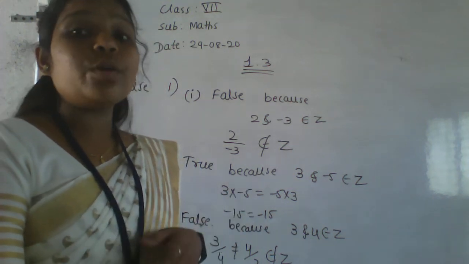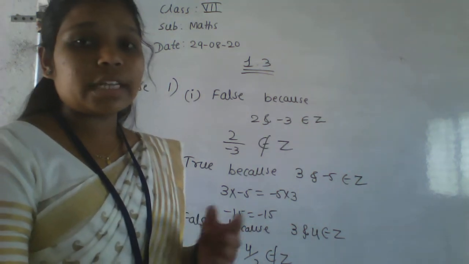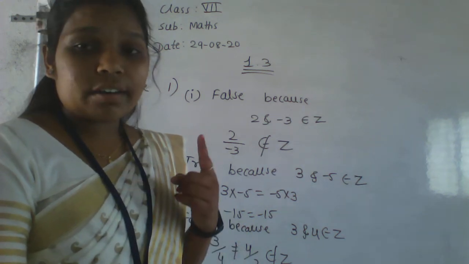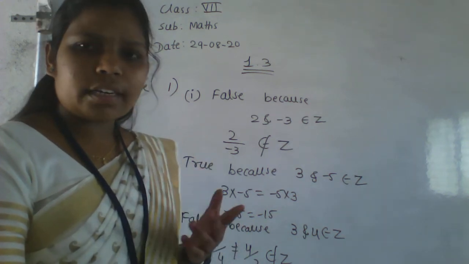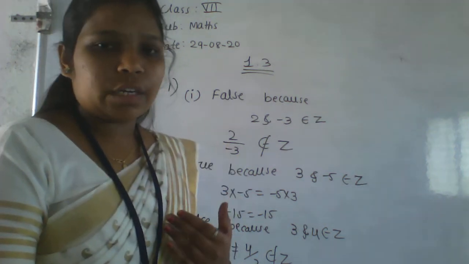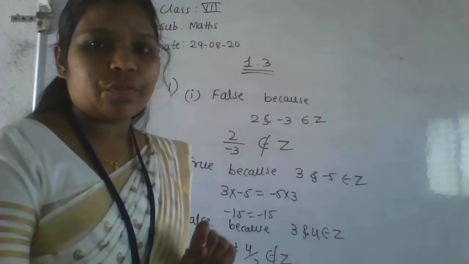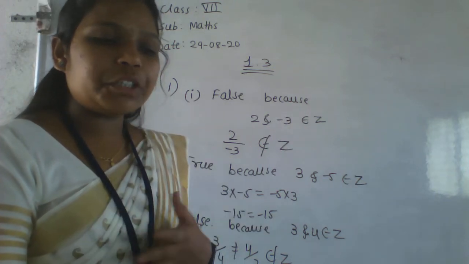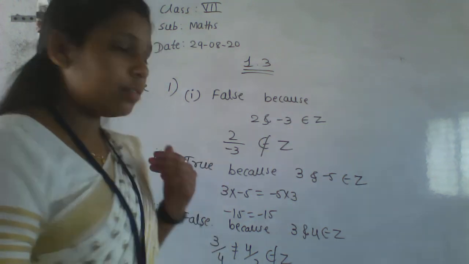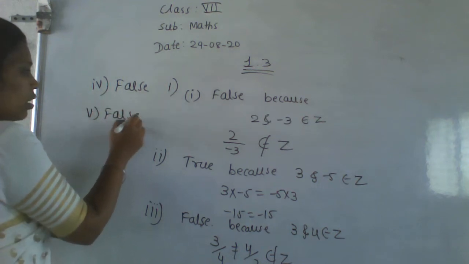Division by 0 is undefined, right? That statement would be true only if it contained the 0 value, but it contains the number 1. So division by 1 is undefined is a false statement. It is a defined value. If the division is by 0, then only it is undefined. Here they have given division by 1 is undefined. That is a false statement. So write here a false statement. Okay.